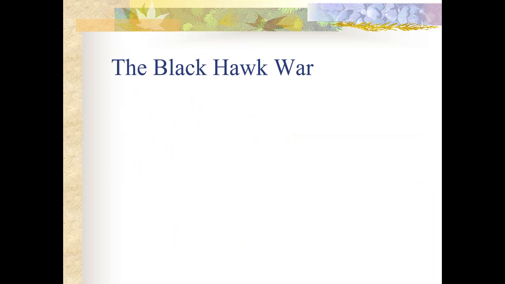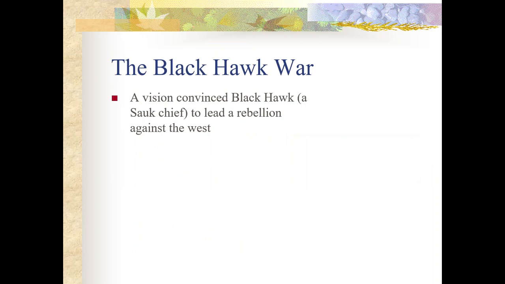We know under the age of Jackson that he had issued in the 1830s the Indian Removal Act, where we are going to force Native American tribes, particularly the five civilized tribes of the Southeast, into the Indian Territory. But there are also many tribes up in the Ohio River Valley region that are going to be pressured to move west of the Mississippi River. And one group in particular are the Sauk tribe and the Fox tribe.